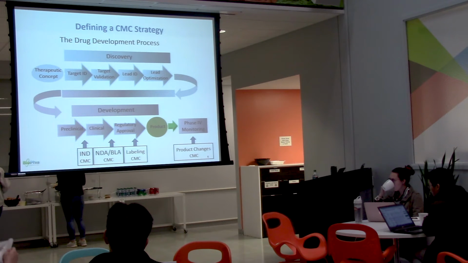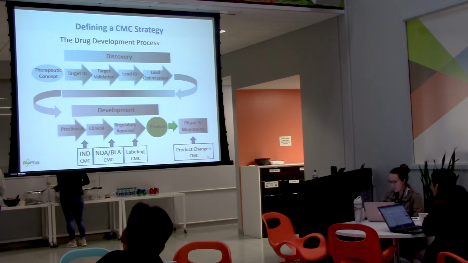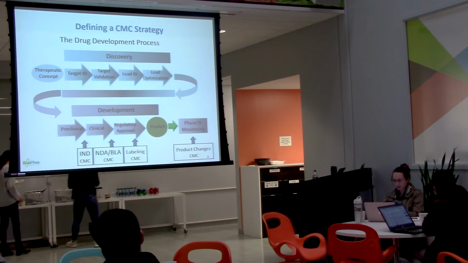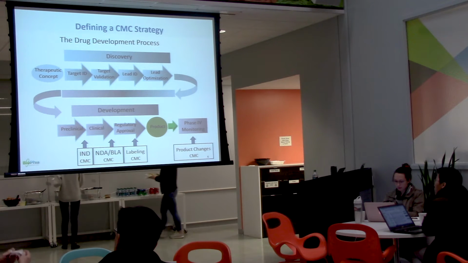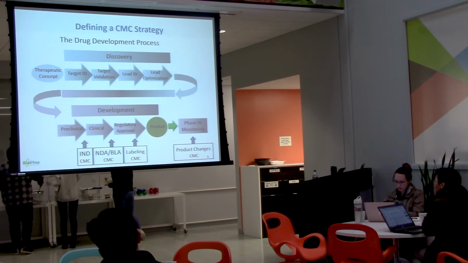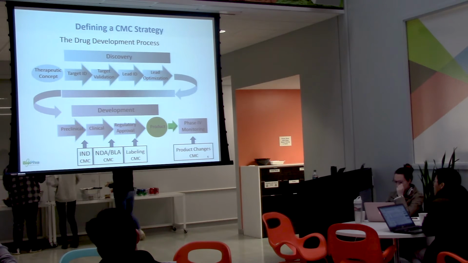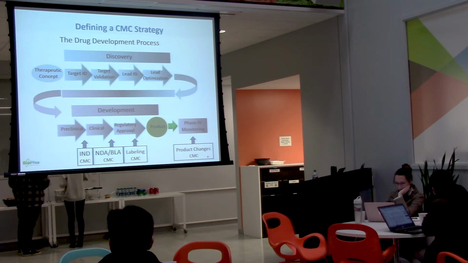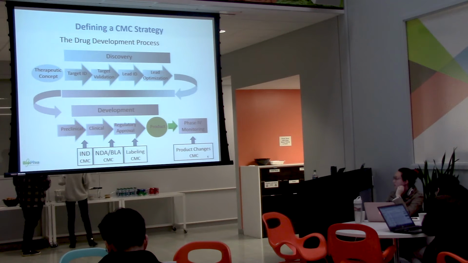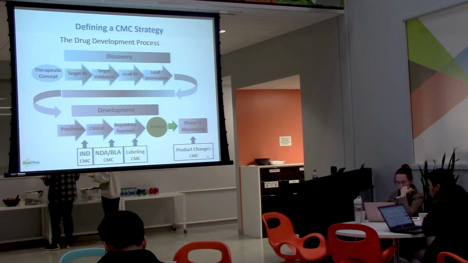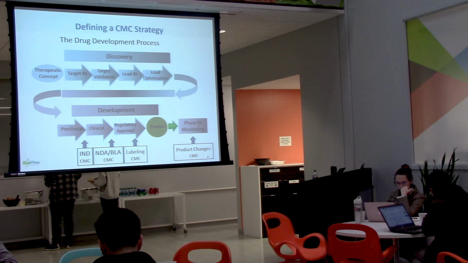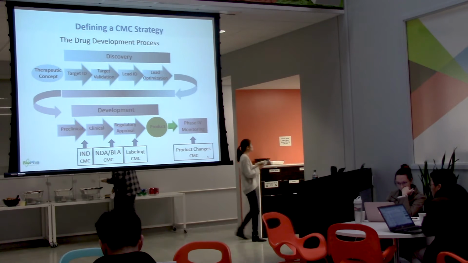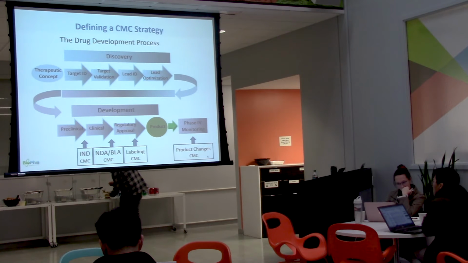The other aspect of the CMC in general that you have to keep in mind is that it is a living document, so it changes over time. There are certain things the FDA will not require you to have in that initial CMC package when you're starting phase 1, but may be required or will be required at the end of that clinical development process. There are maybe changes that you make to labeling that you'll have to incorporate into a CMC document down the road. And as you get out into the market, and there are things you learn about in the general population that are relevant to the CMC, it can change again. So it's really a living document that starts early in the development process and continues to change even after you're out. Next slide.